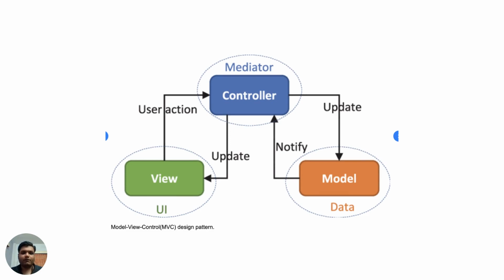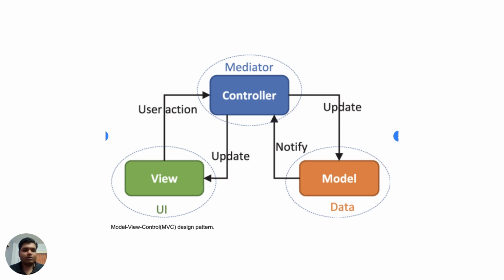Now let's see how an MVC pattern looks. This is a general diagram representing the MVC pattern. I will be talking in the context of an Android application, because both MVC and MVVM patterns are usually used in the development of Android applications. They're also used in the development of web applications, but here we will focus on Android. The view is nothing but your layout and XML files, and it comprises the user interface, as I told earlier. So let's say you press a button on your Android application.